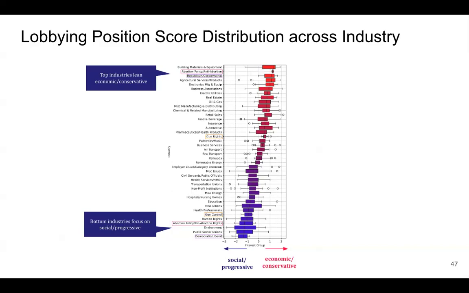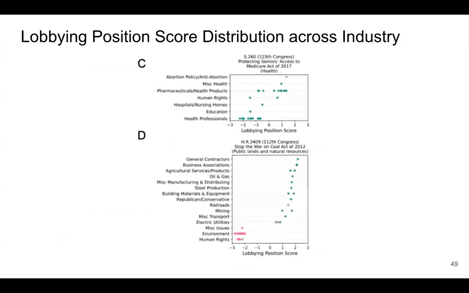So what we did is we took the interest groups and clustered them using the different industries or different topic areas. And then we looked at the lobbying positions, whether they're lobbying for the progressive agendas versus the conservative agendas. Here are some other examples of analyses that we did. After you do all this classification, you can analyze what the interest groups are actually doing.